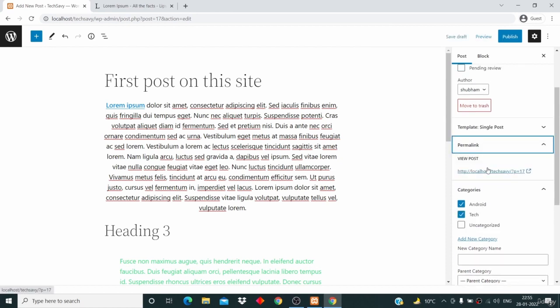And here just click on this permalink, and here you will see the link of your blog post. So here is an overview of how your blog post is going to look like, and right now you can see that the link is not so good. So you have the website address, localhost / tech savvy, and then what is this p equal to 17? Well, we will talk about this in the settings section, because we want our title